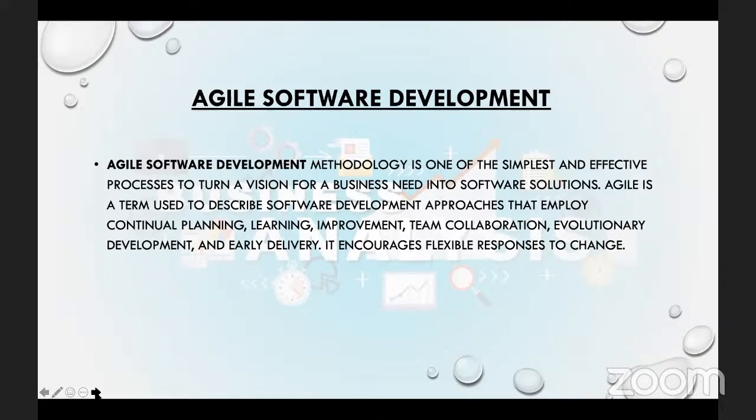And then early delivery. This time around, because we're breaking the feature sets into different pieces, we can get early delivery. Because in Agile, the philosophy here is that every feature set that we work on in one iteration, in a time box, is shippable, it's deployable. And what does that mean? It means that every feature set that we work on, it doesn't matter whether it is a donate button or a who we are page, that feature set should be ready to go. That means we can go live with it.